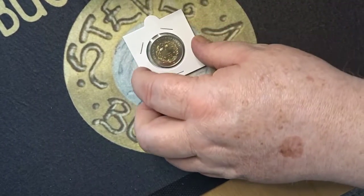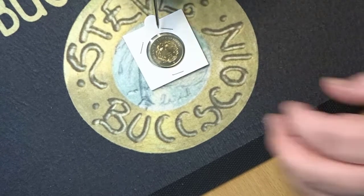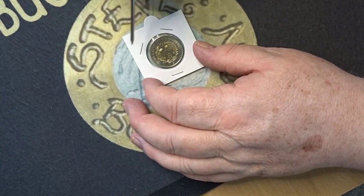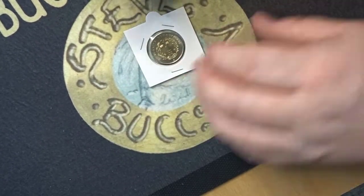This first one came flipped like this. I don't buy these flips that aren't self-adhesive. I don't like them. Staples getting everywhere. If those staples rust, they could easily affect the coin. This is a 1 lira from Turkey. It's bimetallic,